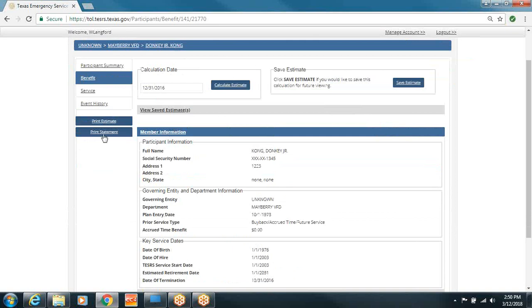And what I'm going to do is go over here to these two buttons below the navigation tabs. One says Print Estimate and one says Print Statement. Obviously, right now, we're going to press the Print Statement button, which will then pop up either in Google Chrome at the bottom here, a PDF showing their benefit statement, or you'll get a pop-up box in the center right here that says Open File or Save File, and you can choose to do either of those, depending on what you want to do. For right now, I'm going to open this file,